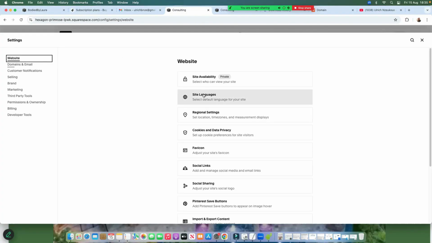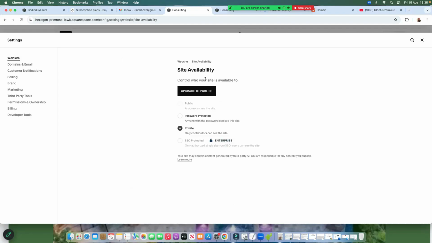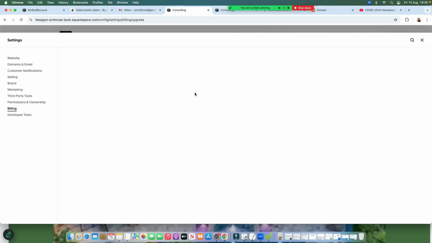On website here, we need to publish our website. So if you click here on site availability, in order to make our website public, we will need to upgrade our website plan. Right now it's on private, or it's not published. We can't publish it because we haven't picked a plan. So we're using the free plan, and it's on the 14-day free trial. So if you click here on upgrade to publish,